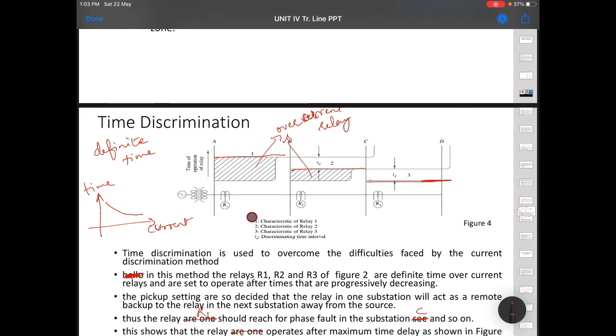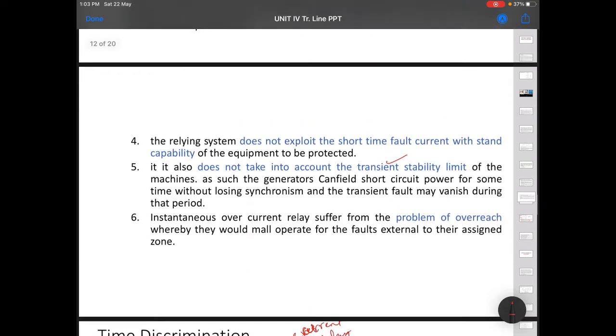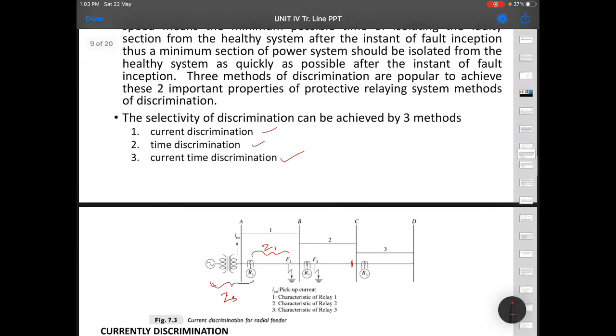That is achieved in current. I have not shown this here because we will see it later. This is what we want, current-time discrimination. Here it is inverse definite time, here definite time, here only current.